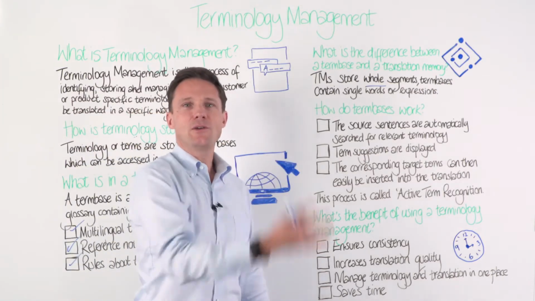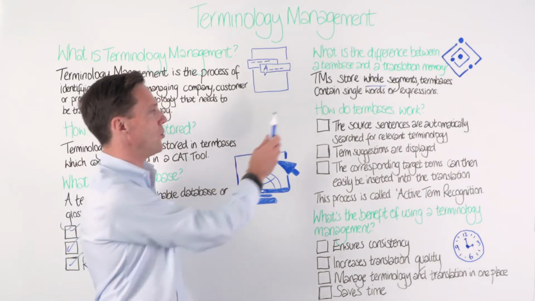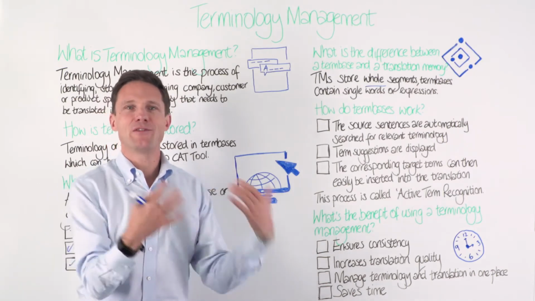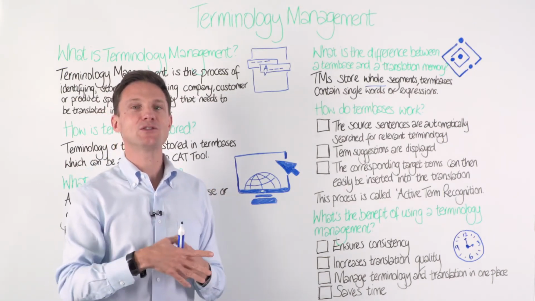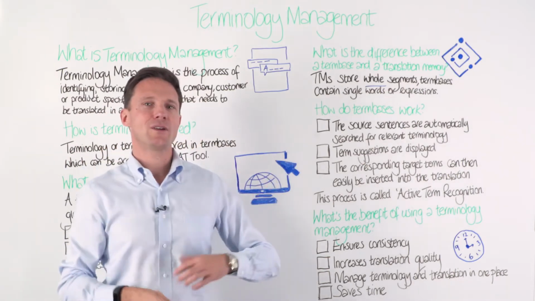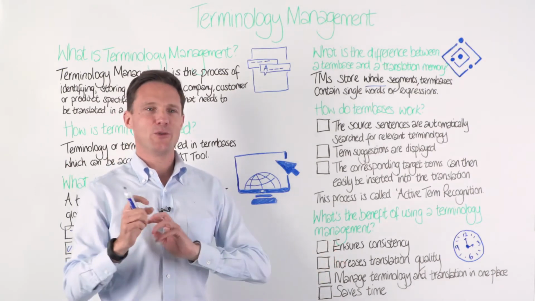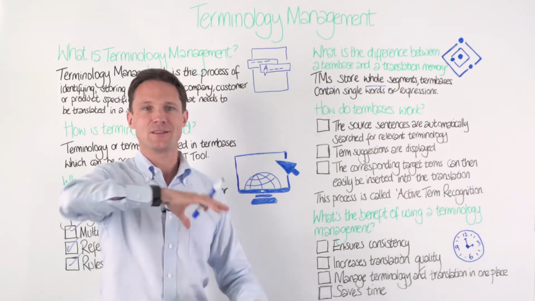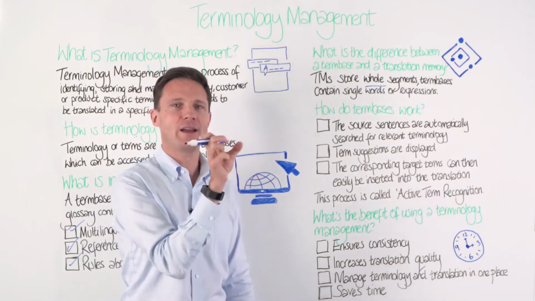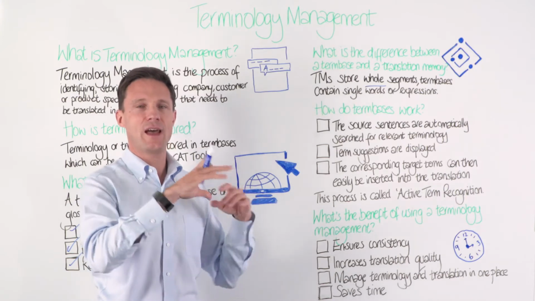So you've done all this work and you've got a term base. How does it actually work? Obviously the biggest effort is creating the terminology, making sure that you are identifying those terms. You can go about it in a couple of ways, by the way. You can do it all in one: you scour all your documents and create a term base. But you can also do it as you go. As you start translating, you might identify, sentence by sentence, some terms that you want to translate and create